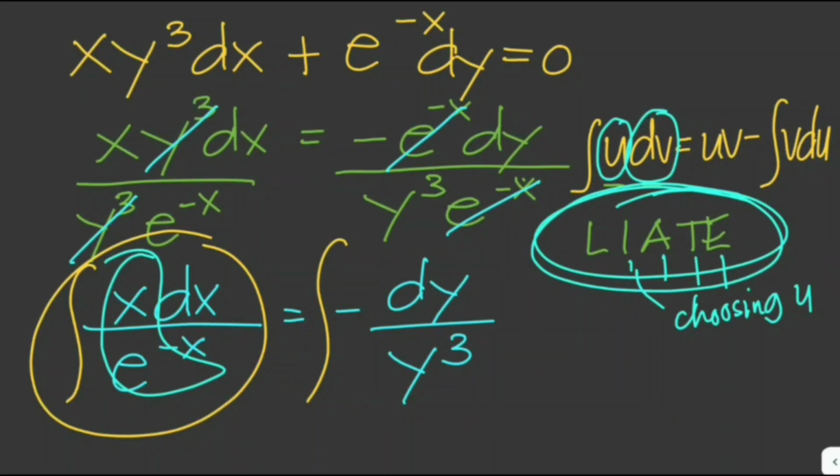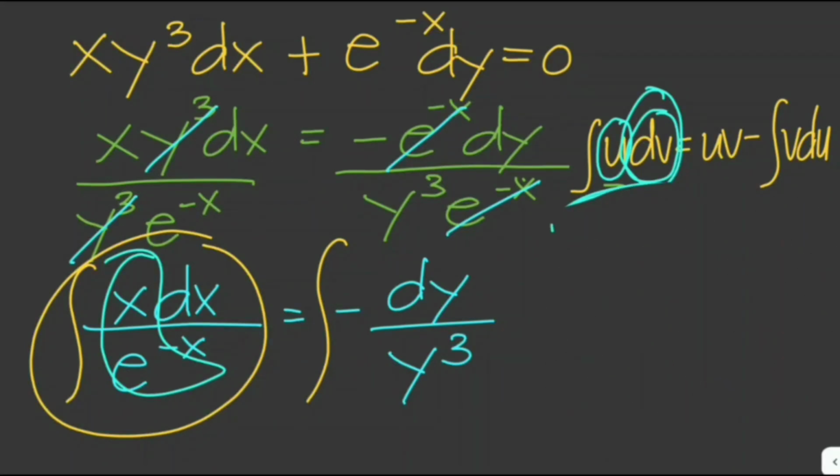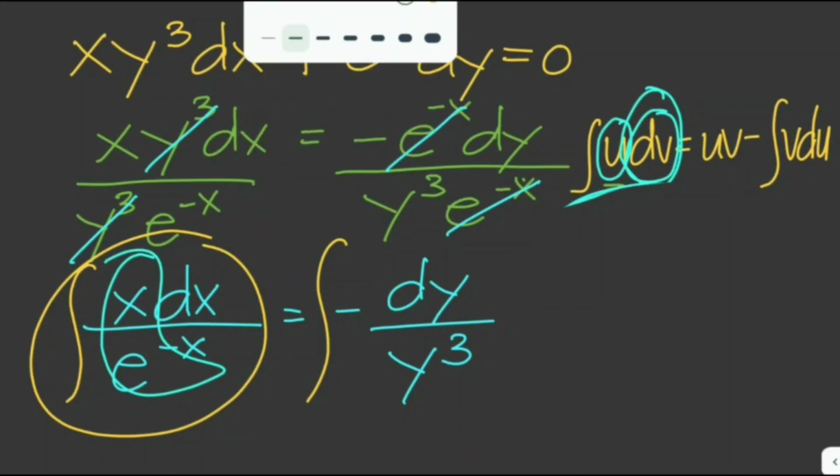Okay, and for choosing dv, the order of preference would be the opposite: E, T, A, I, L. So we choose exponential functions first, then trigonometric, algebraic, inverse, then logarithmic. And one thing is, let's make sure that the value of dv that we've chosen is integrable. So in this case, we can choose, okay, we let u